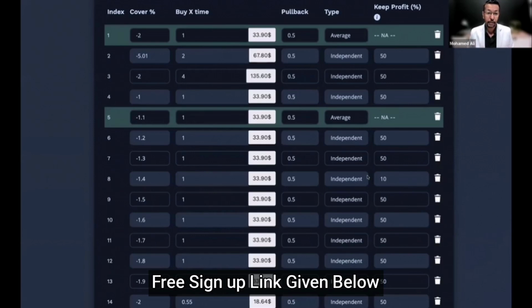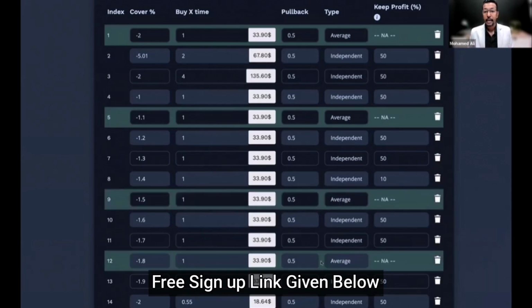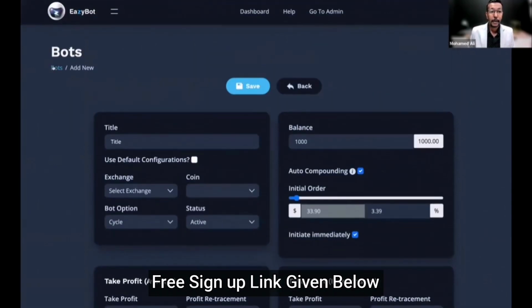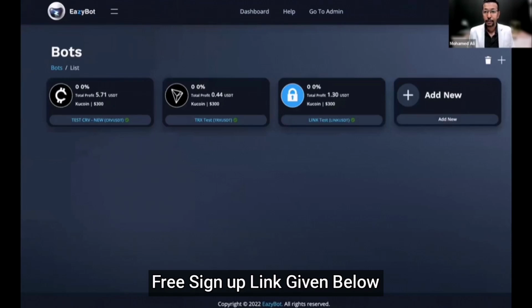So this is an additional feature that we're keeping here. You can also have more average prices in between if you want. Average price means once it hits the average price, it considers everything above that as average price, average position. One position has one break-even point, and as the market goes down, it's going to take independent positions. With this said, that's all I want to share with you guys today, and